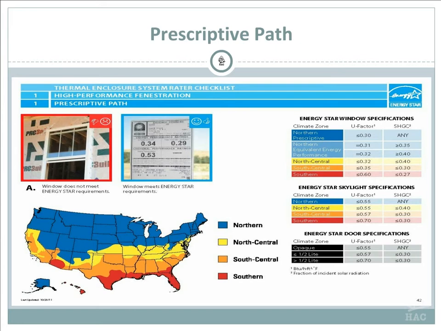Same thing on skylights. Most of these skylights, the numbers that you use are equal to or less than 0.55, equal to at least less than 5.7. Down here, when you get to the southern area, 0.70, and a solar gain of 0.30. So as you can see, the windows make a big difference on how this is going to rate on your